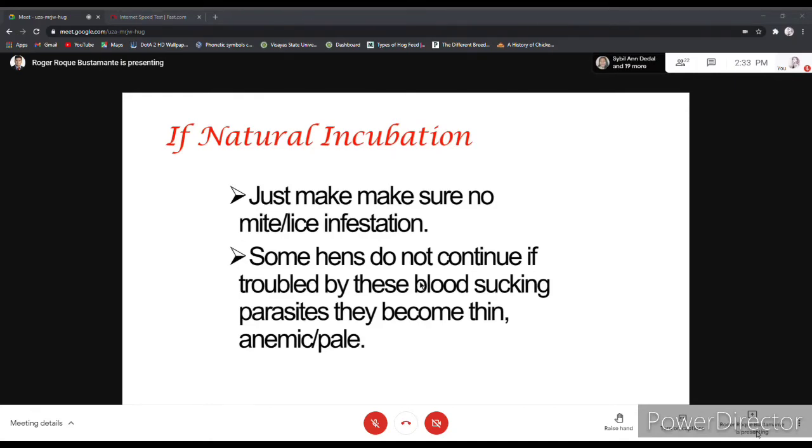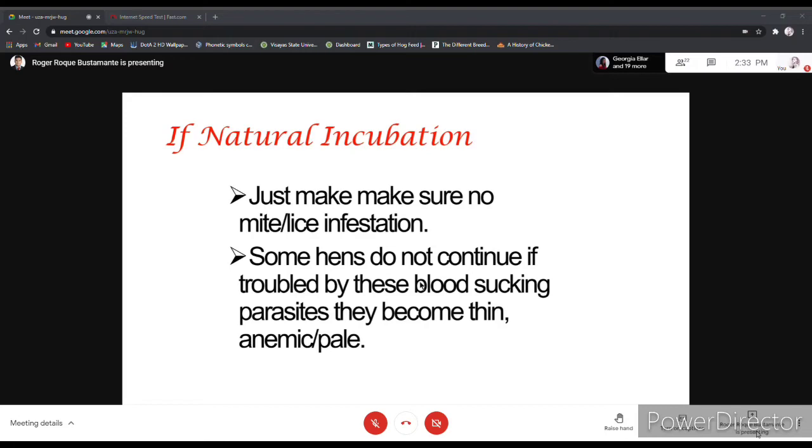So there is this competition of nutrients sa iyang body. So, mahimo siyang anemic or pale. And then, if di na niya magwanta ang iyang situation sa inside the nest, then the hen will not continue sitting the egg. So, failure. So, before the laying season of your flock, kindly check the nest box, the nesting area, if it is free from mite or lice infestation, because these external parasites are killing the